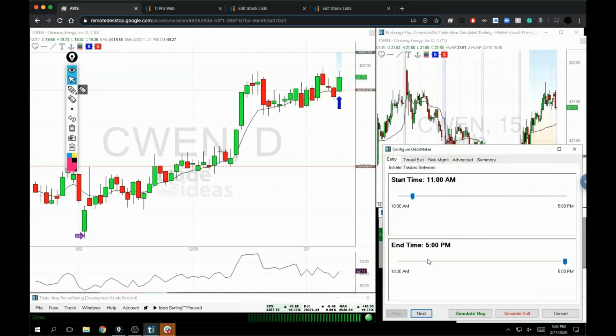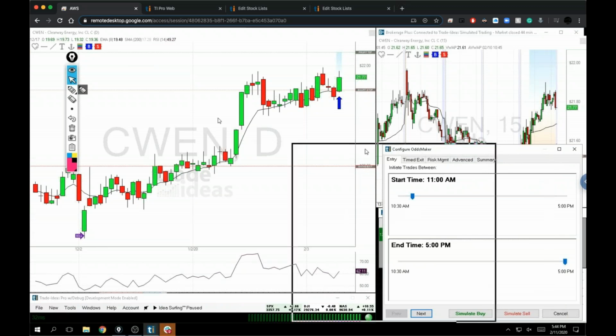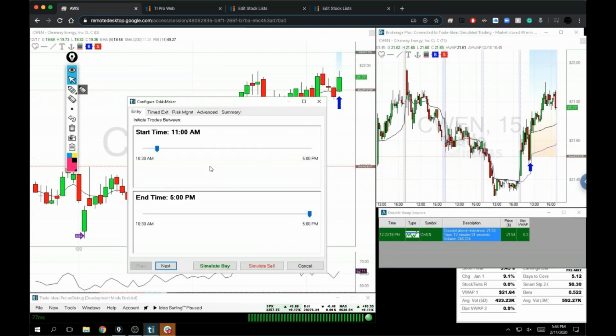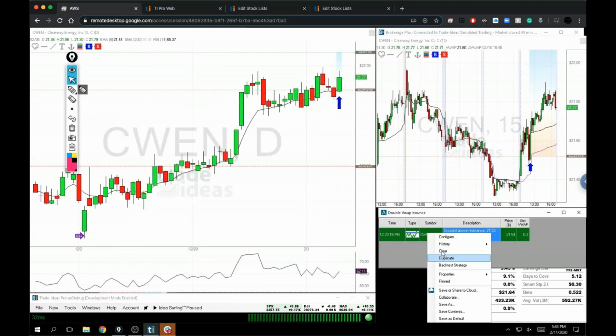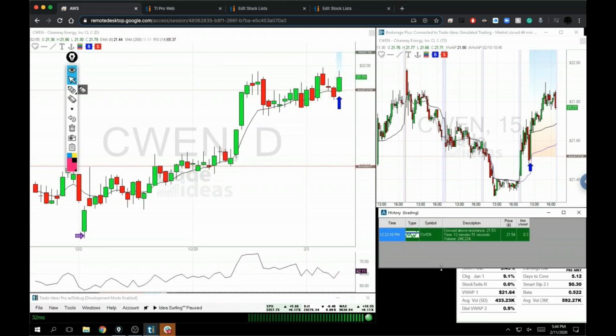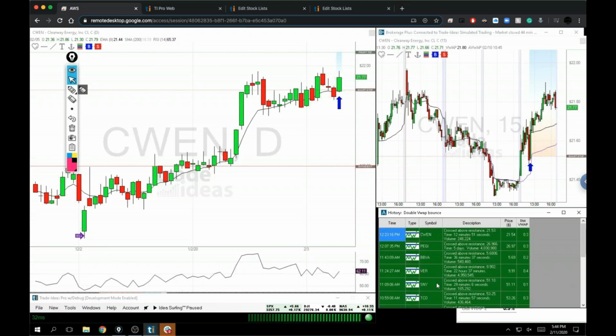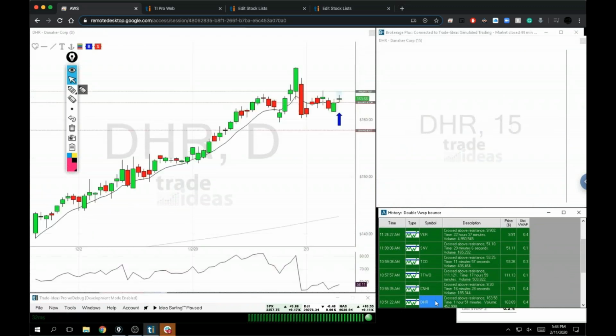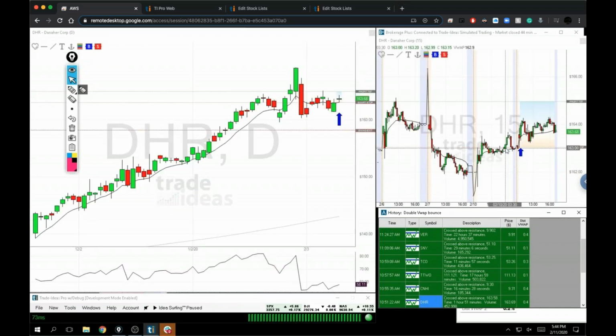So you can take any strategy out there, and you can ask the system, for example, if every trade that came through here today, so let me show you all the trades that came through, it's going to take the first instance of each of these alerts, start it with DHR here, and then I can ask the system, okay, if I bought these with all of these parameters in place, how long to hold, what my stop loss is, what my target is, all of this, then what would it have done and what would my return have been